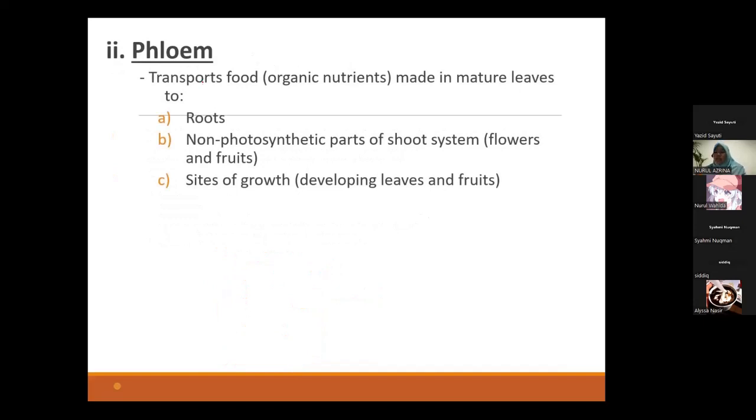right? Phloem transports organic nutrients that are made in mature leaves via photosynthesis to the roots, okay, or to non-photosynthetic shoot systems, like sending sugars to the flowers or to the fruits, okay, and also storage, or what I call it, transports the organic nutrients to the site of growth. For example, to the developing leaves or to the developing fruits. So this is the function of phloem, right? Okay, so